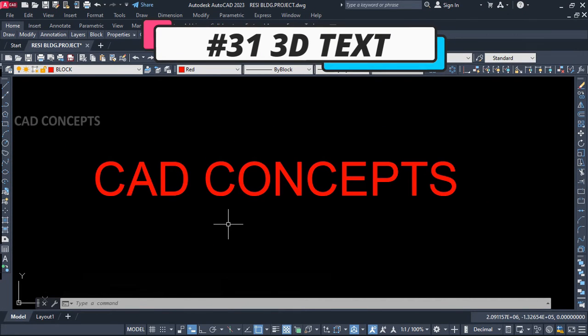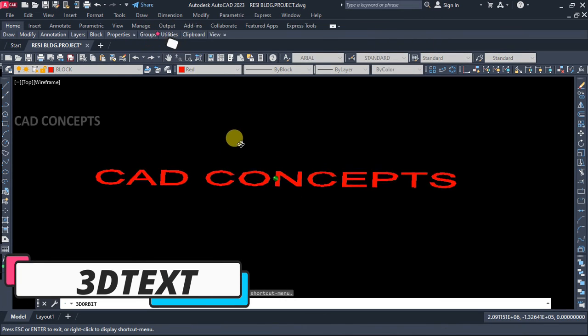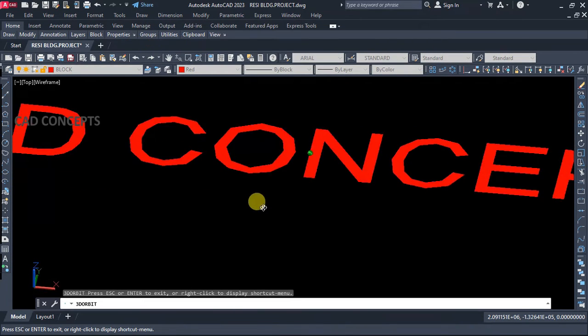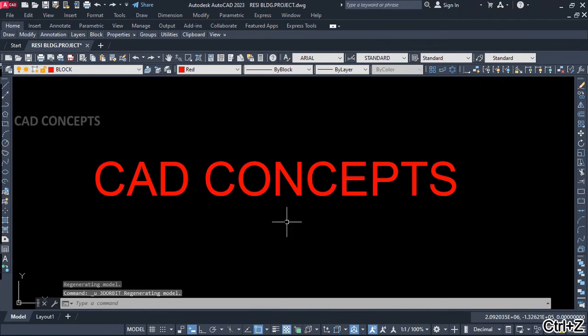Number 31, 3D text. Let this 3D text command. As you see here, we are getting this 2D object, this 2D text. I will provide 3D text. Okay, let this 3D text command